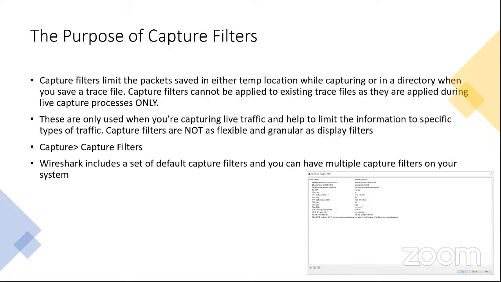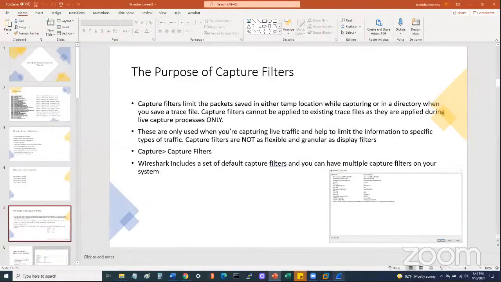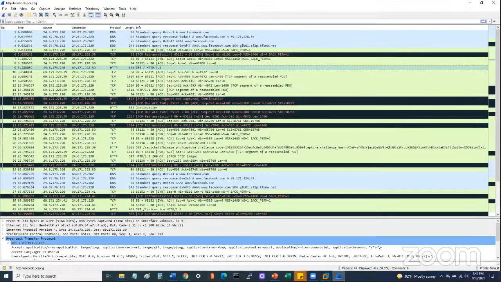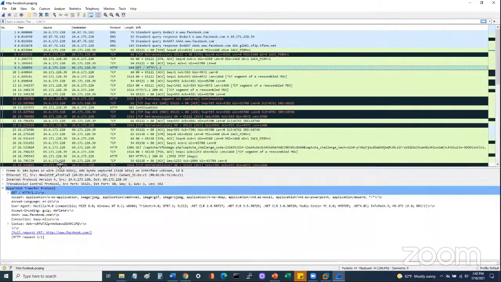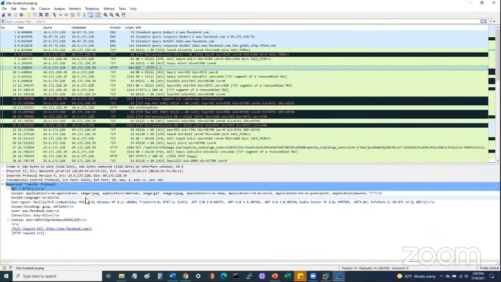So the purpose of capture filters. When we're talking about capture filters, we're talking about the live traffic that is being captured. You may see in the file that I just pulled up, which was a Facebook file, this file is probably from some years ago, so it's not being captured right now.